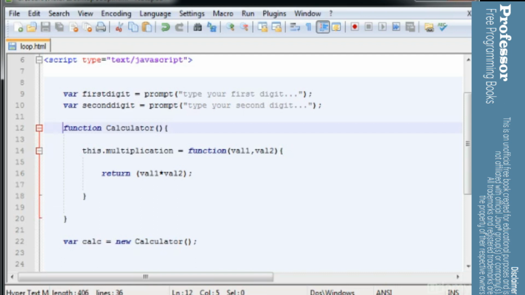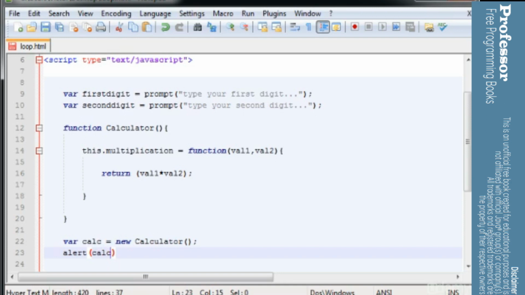I designated directly the multiplication property, which is a function that will return the multiplication of the two parameters. Now the parameters need a value, and I'm going to do alert